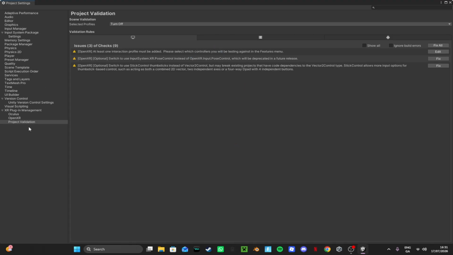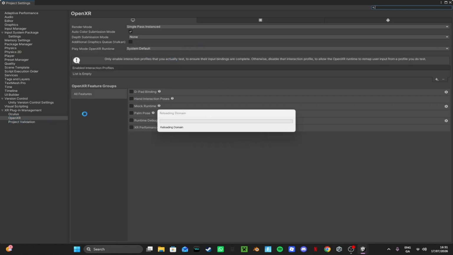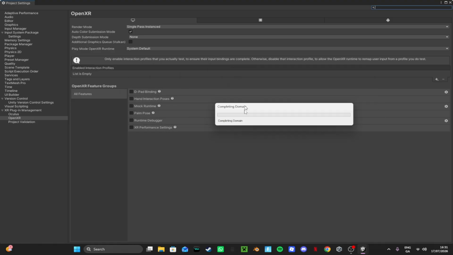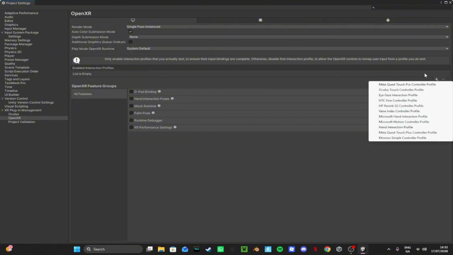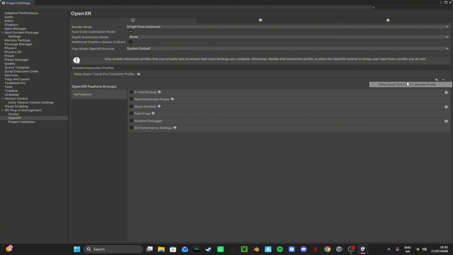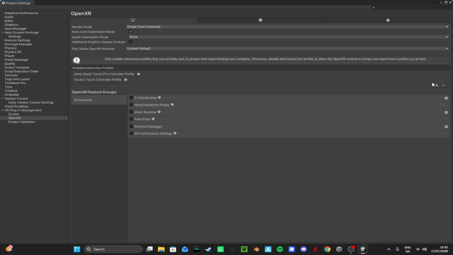Okay, so now go to project validation, fix all. And then when they should be on, but then press edit. Okay. So now, see where it says enable interaction profiles. Hit the plus here. And do MetaQuest Touch Pro controller, Oculus Touch controller,